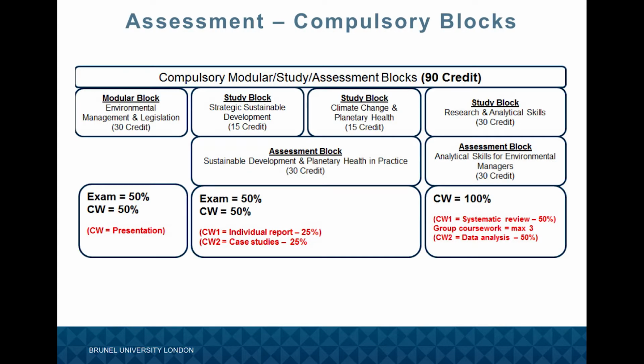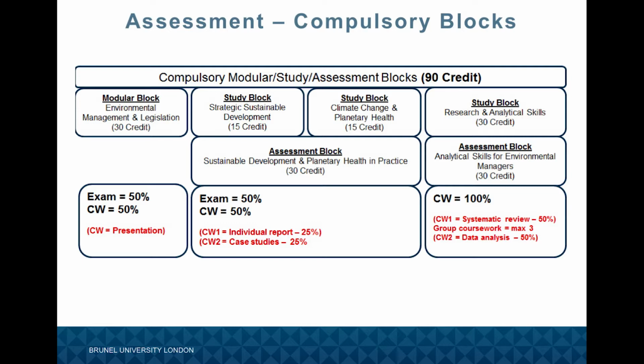Let's have a look at the assessment for the compulsory blocks. The first one is environmental management. This is a modular block. The second one is sustainable development, which is 15 credits, and then climate change and planetary health, and research and analytical skills. These two study blocks have a common assessment block, which is 30 credits. And the title for this one is Sustainable Development and Planetary Health. And research and analytical skills have an associated assessment block, which is analytical skills for environmental